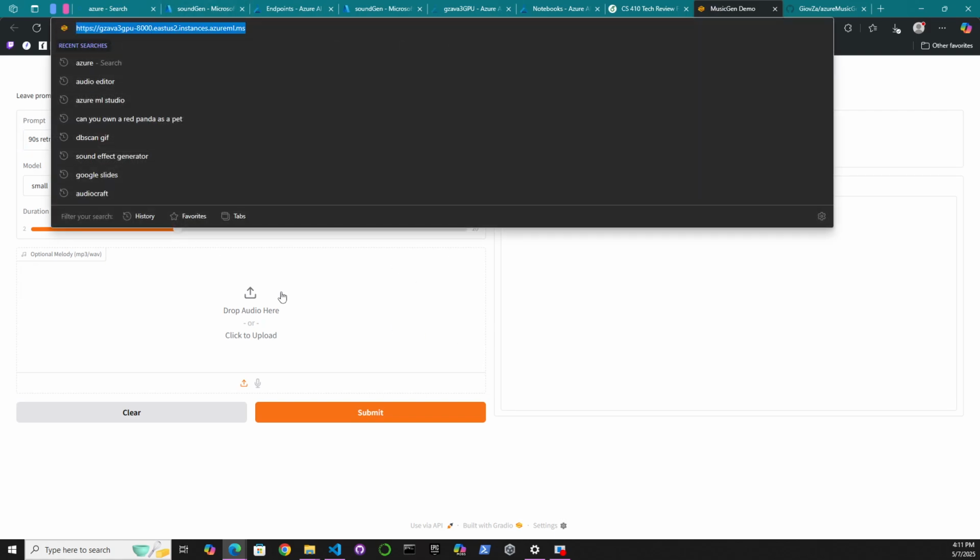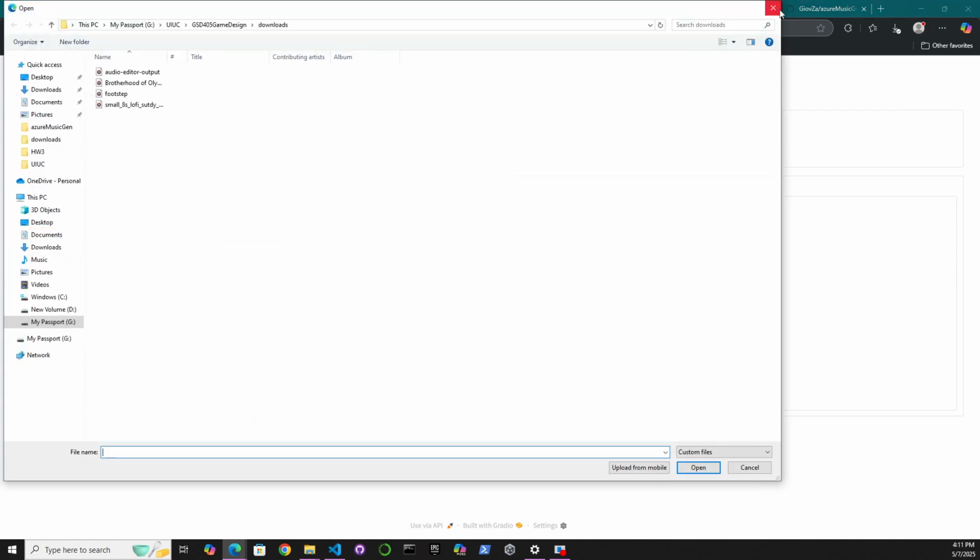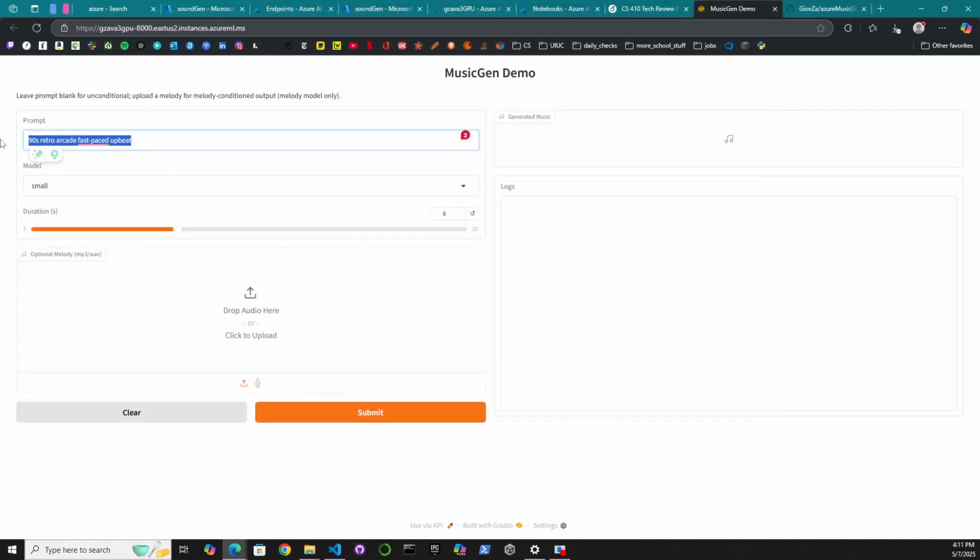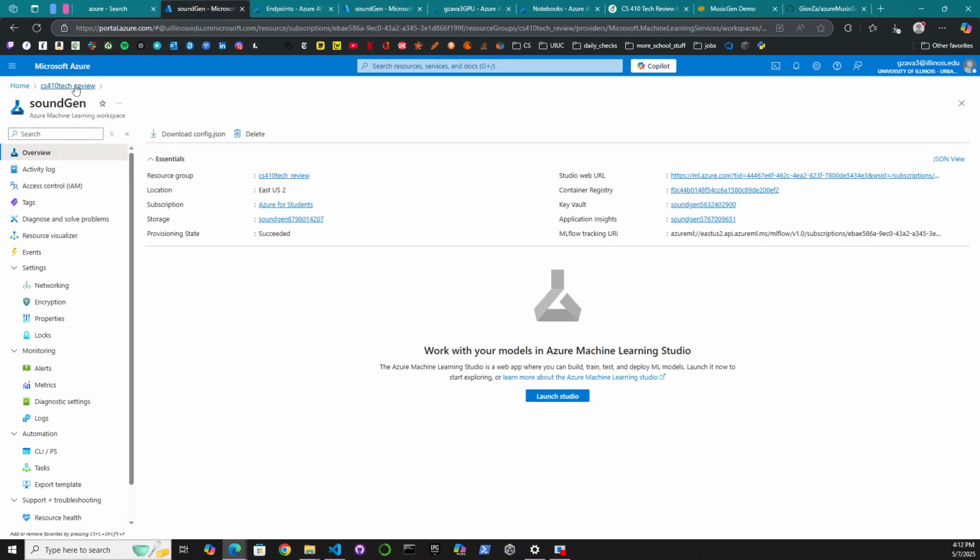So here's the link, and I have this prompt here. We can choose different models, the large or medium or melody, and with the melody one we can put a sample in here that will follow the melody. But for now I just have the prompt. I'll generate that in the background and I could walk through